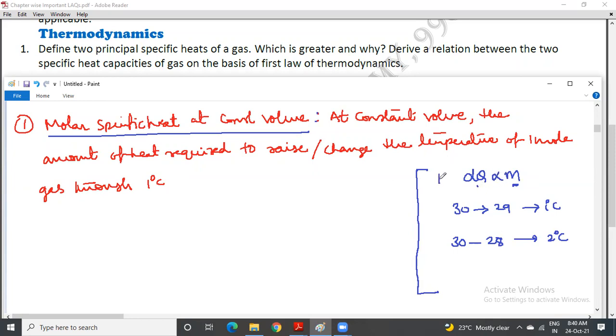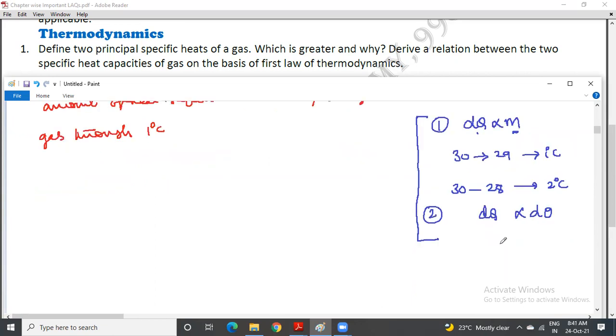This one you had in the subtopic of calorimetry. Second, the more temperature difference you require, the more heat is required. It means vice versa. Suppose mass is constant, and you want a temperature difference of 20 to 25. This is for the case of rise. So you require some amount of heat dq, meaning you need to supply it for the rise. Suppose you want 20 to 30, so the difference is increased. You need to supply more heat.